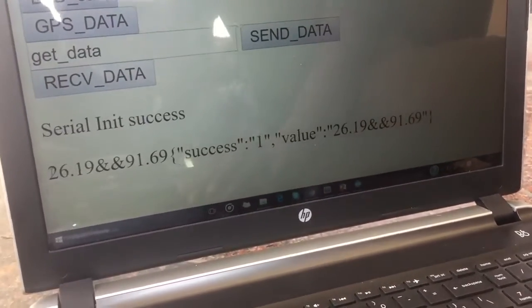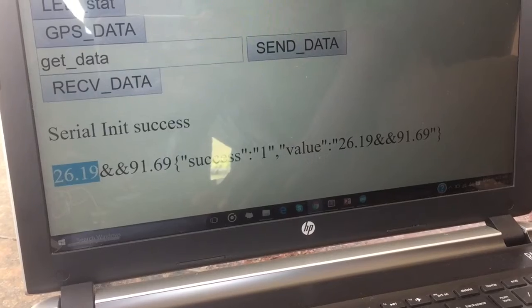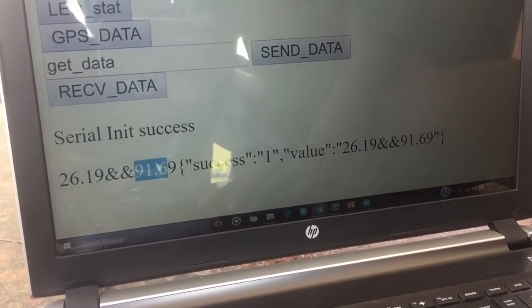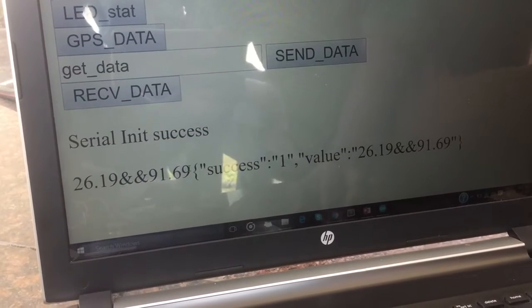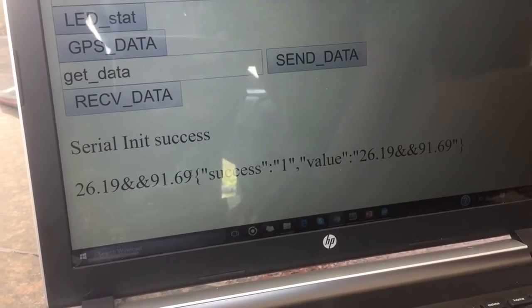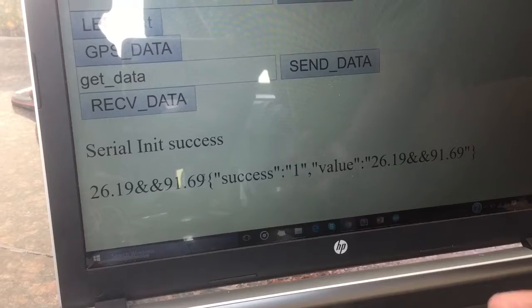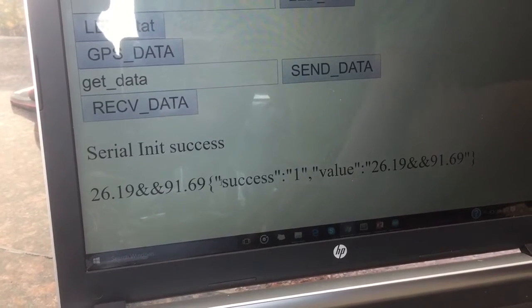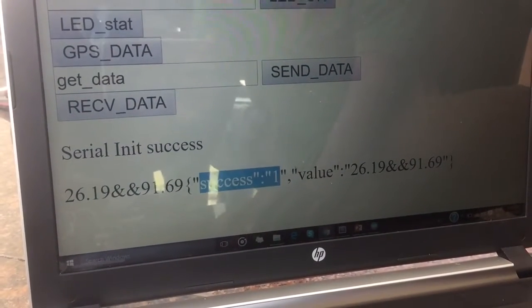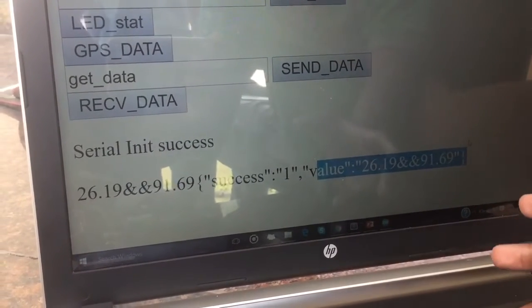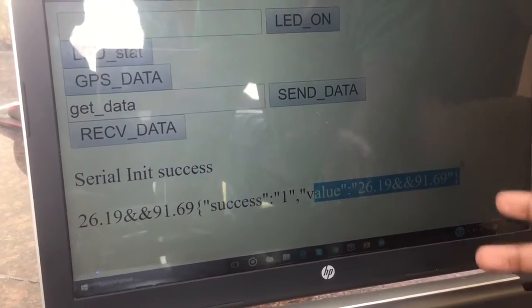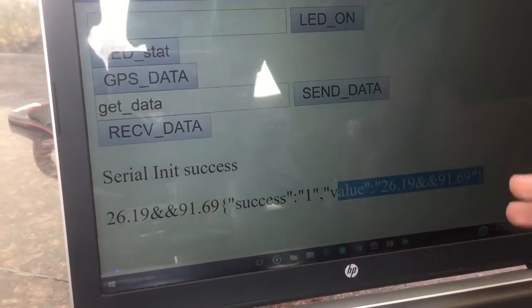Now you see this is the latitude of the current location and this is the longitude of the current location. The precision is not so good because I used the double variable and I should have used the float variable, but I didn't use it. And it is saying that SAT is 1 and the values of the longitude and the latitude. That's it. Then we will take these values into the HTML page so that you can view it in Google Maps.